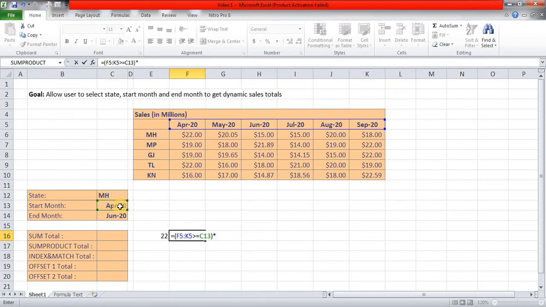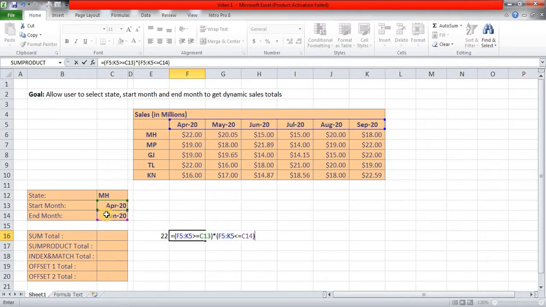First, it converts trues and falses into ones and zeros. And number two, it tells Excel that the user is interested in performing an AND condition. That is to say, both conditions, or all conditions, have to be satisfied. So how many of you are greater than or equal to the start month? And again, how many of these months are less than or equal to my end month.